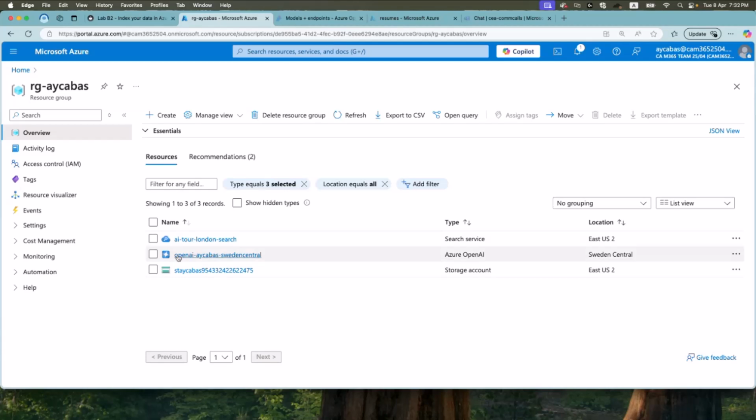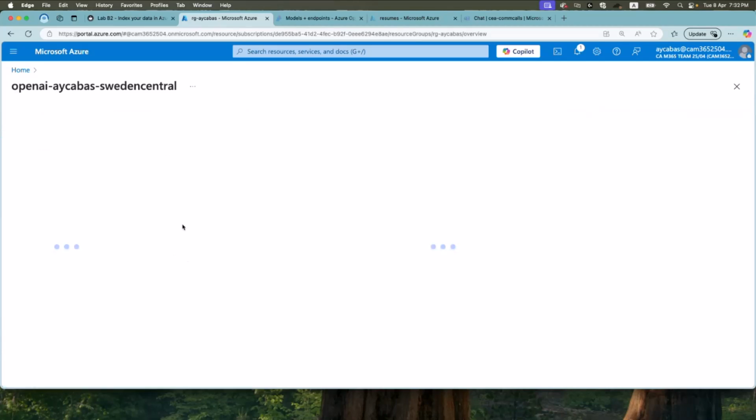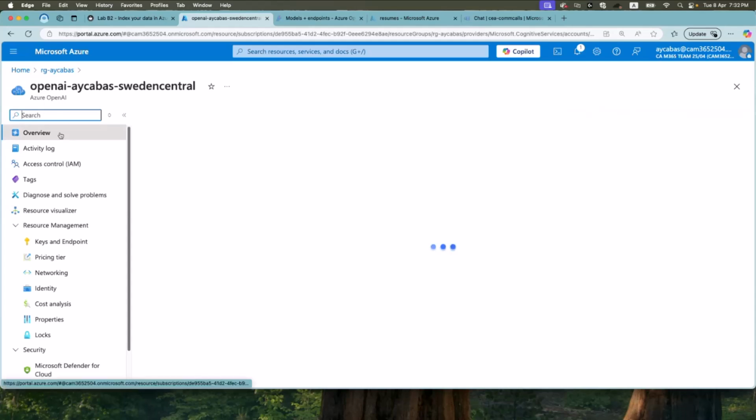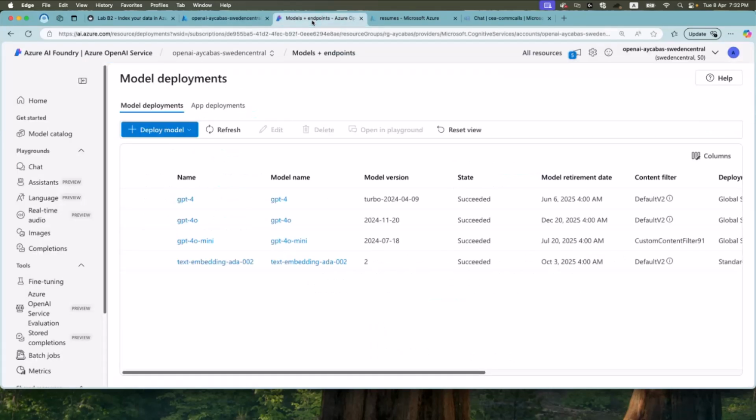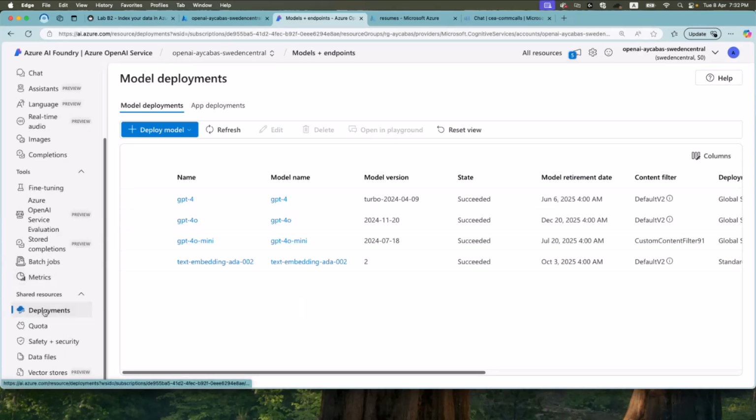Okay, so as you know from the previous session, if you go into the Azure OpenAI resource, there is an option in the overview where you can go to the AI Foundry. If you click that, you will be directed to Azure AI Foundry. So my Azure OpenAI resource is selected here. And I just want to show you one important thing, which is the deployment models. If you go to deployment models, you will be able to see all of the created deployment models available.